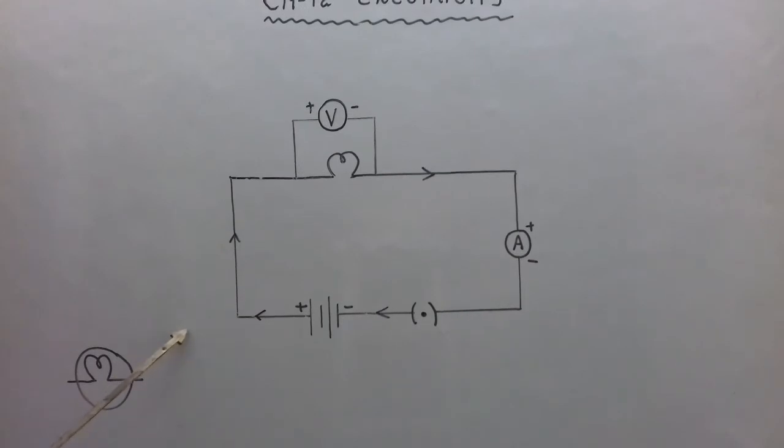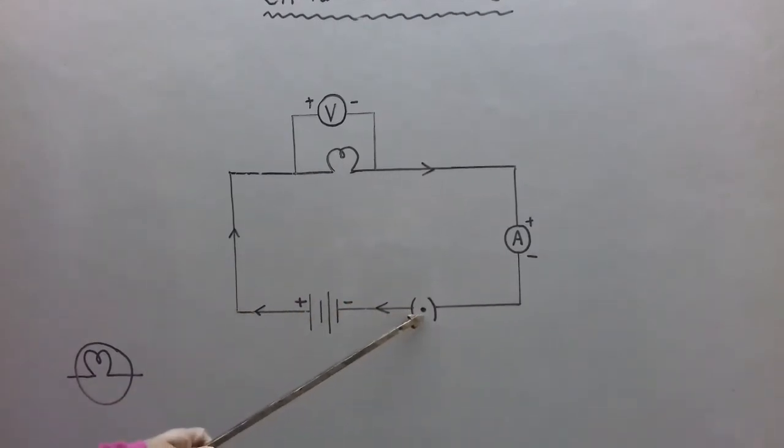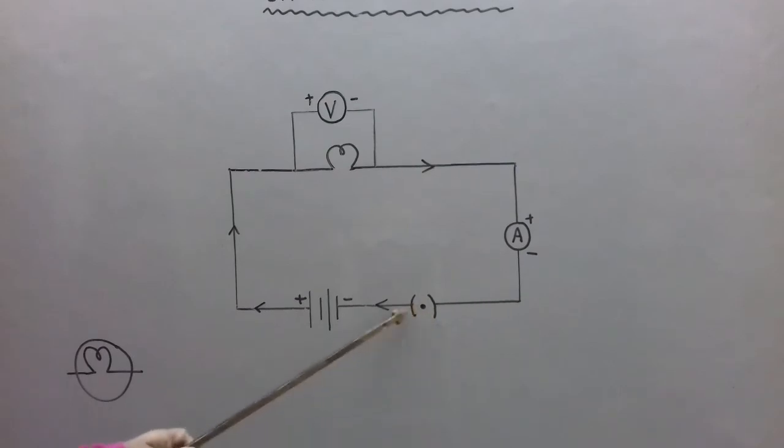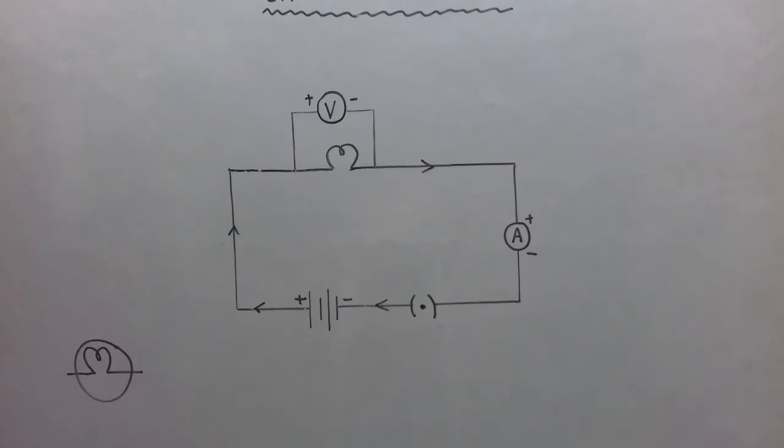See, when I draw the circuit to show that current is flowing in the circuit, it means the key is closed or the switch is closed, then we should put this symbol. This dot represents a closed key, and when we show a closed key, it is very important that we show the direction of current.